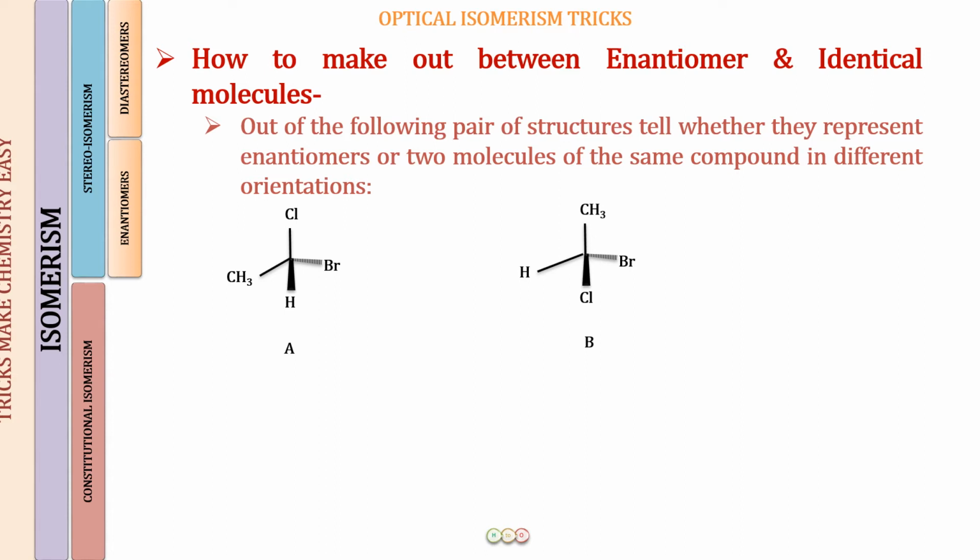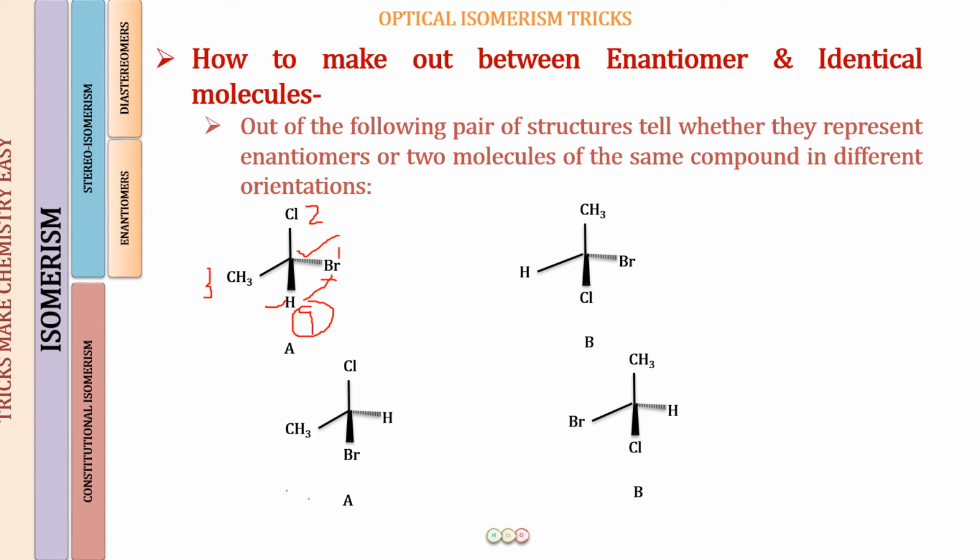So here when we are going to do the priority of the 4 groups, it is going to be bromine, chlorine, a CH3 and a hydrogen, right? And when you see that fourth group, this is represented by the solid wedge in the wedge and dash representation, what you will be doing is you are going to make a switch between hydrogen and bromine, because bromine is represented by the dash or the hashed wedge. When you do that, the structure that you will be getting is going to be this one.